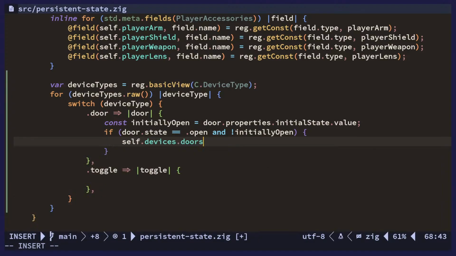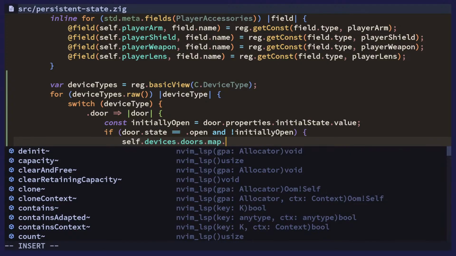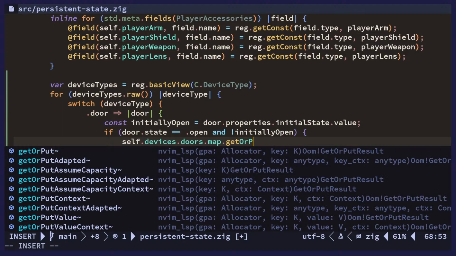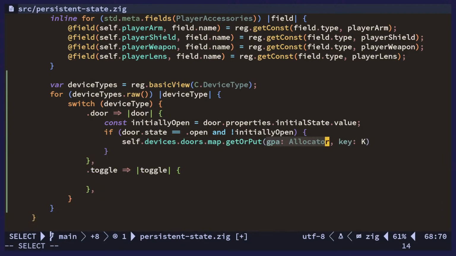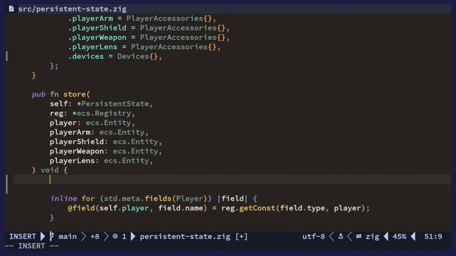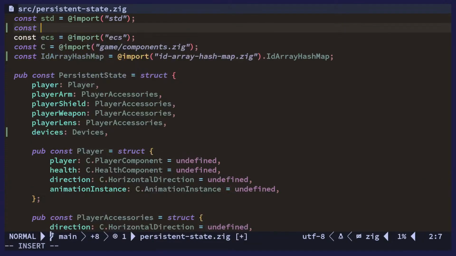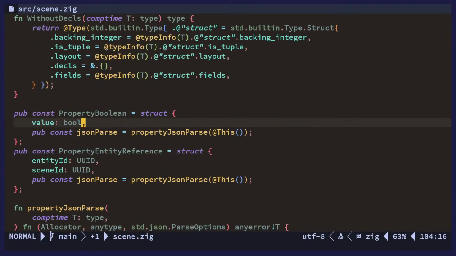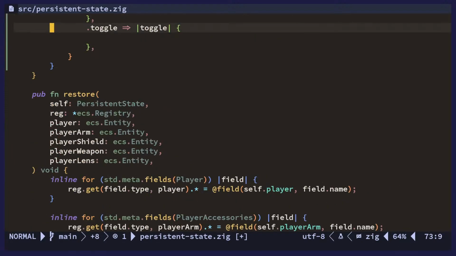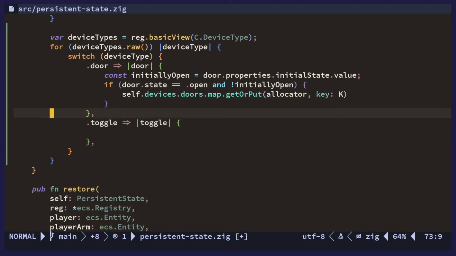So this will be door get, I guess get or put. We also need the allocator. And the key is gonna be